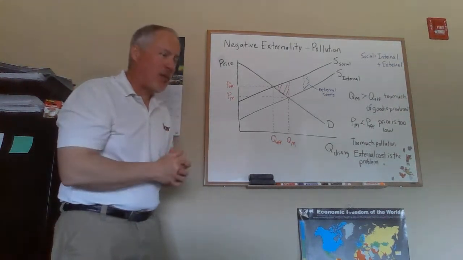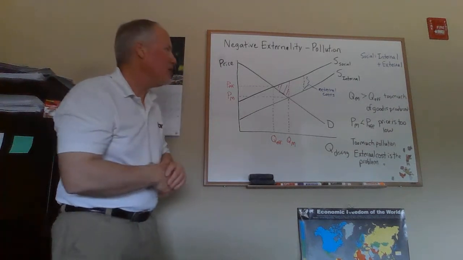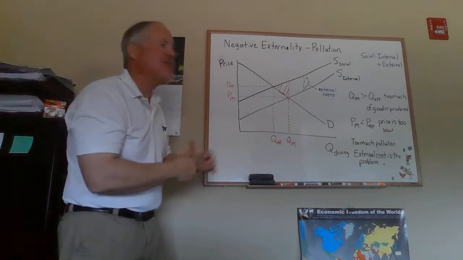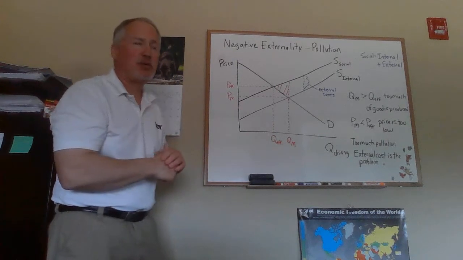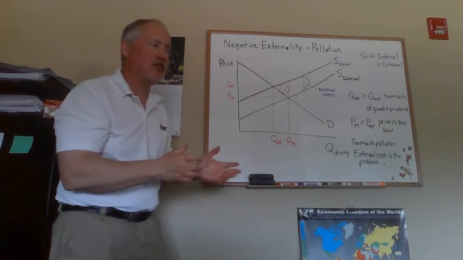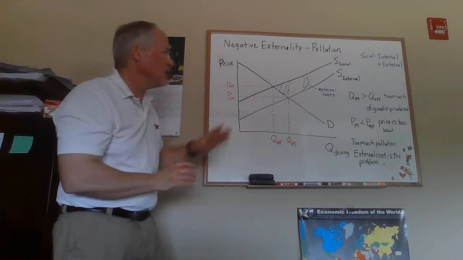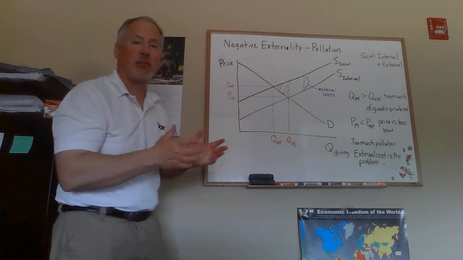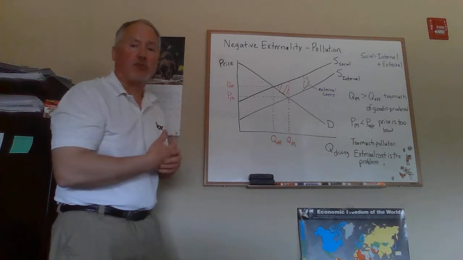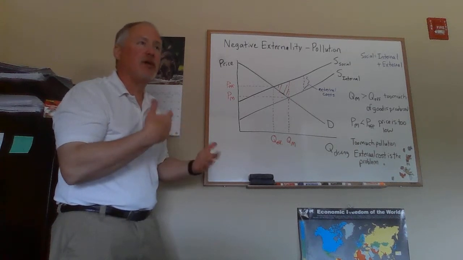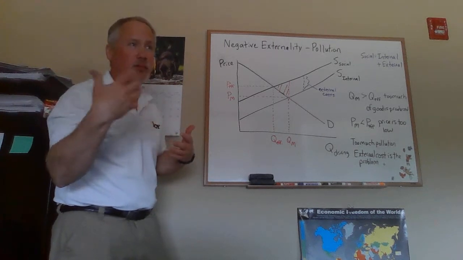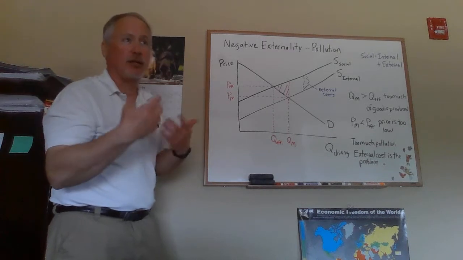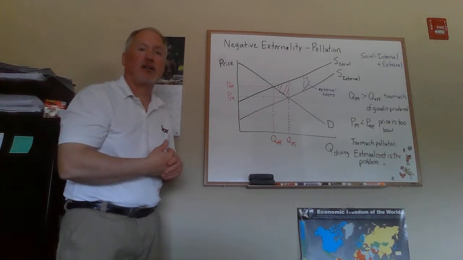We can say a lot more about this. I've taught environmental economics a number of different times, so I've covered this kind of stuff for an entire semester. But we'll leave it here, because this is what we need for this diagram to be able to understand what happens in a market when there is some kind of spillover cost, a negative externality, and that's our take on pollution.